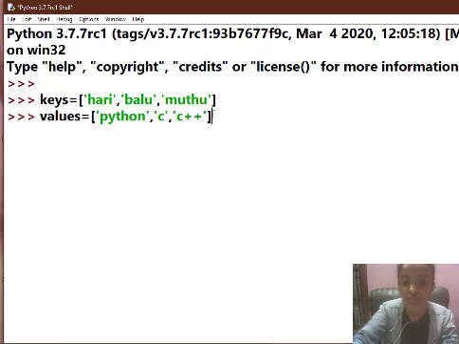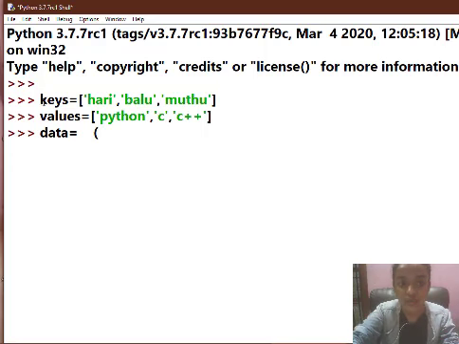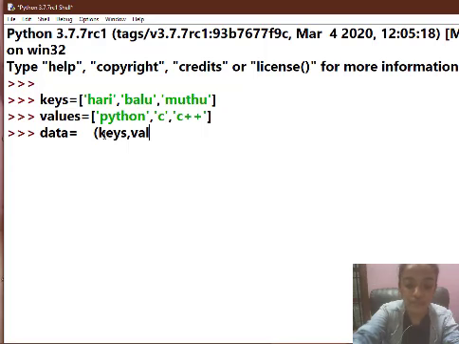So now our ultimate aim is to convert or merge both these lists into a dictionary. In order to do that, we have to create a new variable to store these 2 lists. So here I am creating a new variable which is data, and after creating the new variable I am opening the parentheses, and inside the parentheses I have to type in both these keys and these values using a comma, and then I am closing the parentheses. Before opening these parentheses I am going to type in something called zip.